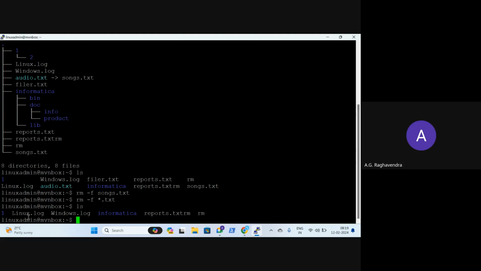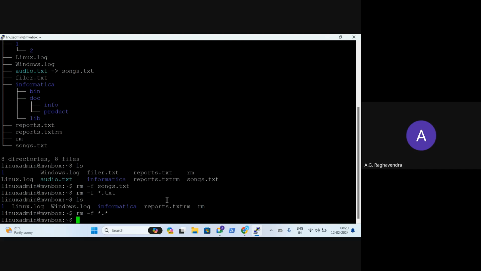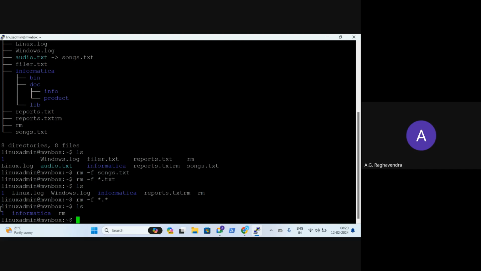Suppose now I have log dot something. Text file is always of the type something dot something. So let me try to remove with minus f. There is something before dot, there is something after dot. Because there is Windows, there is Linux, there is reports before the dot, that is why I put a star before dot, and after dot also I put a star, because there is a log, there is something, I don't know. Now if I say ls, you can see that everything is deleted.